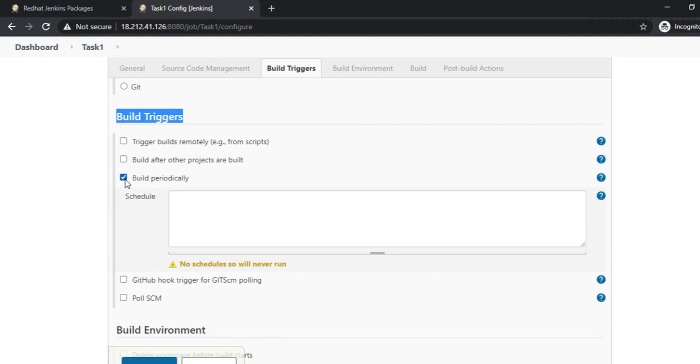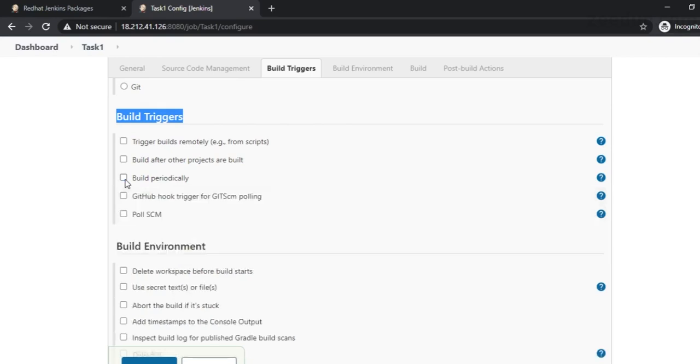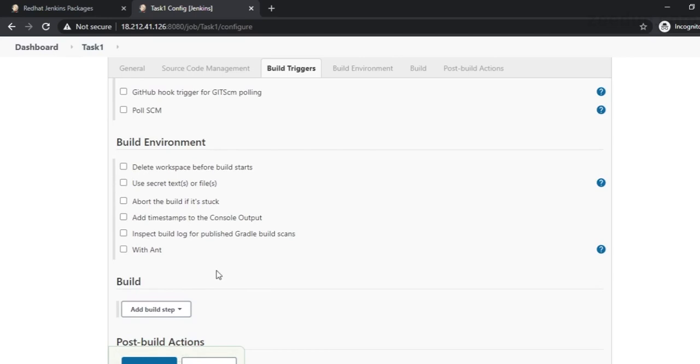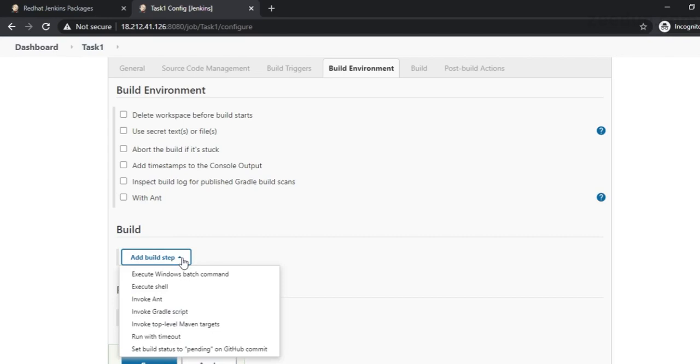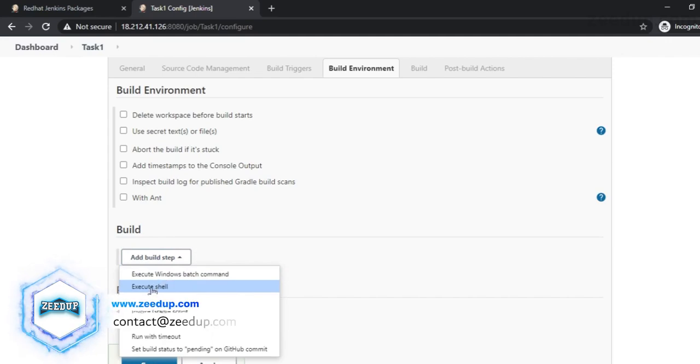And we can also use build periodically, where it will check every period whether our task should run or not, whether it should trigger the task or it should not. Okay, so these are the contents, but what we are interested in doing today is what we'll be doing when the build starts.